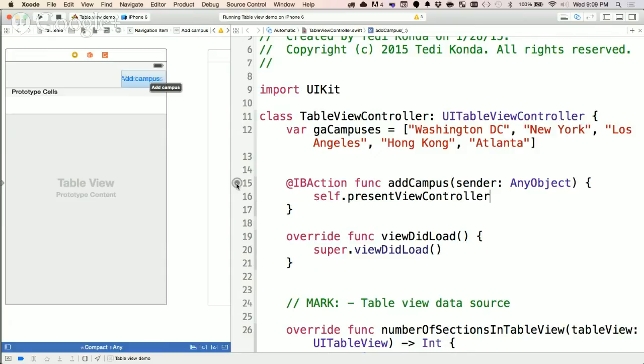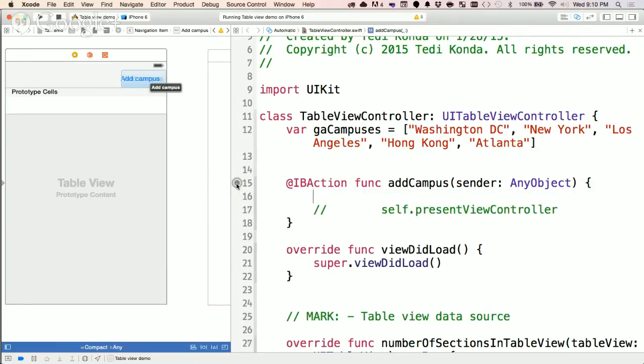Actually, let's take a step back. I want to highlight this out. We first have to find the view controller, right? So I'll say var add view controller, addVC, equals